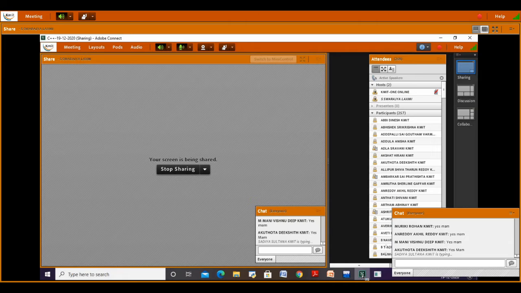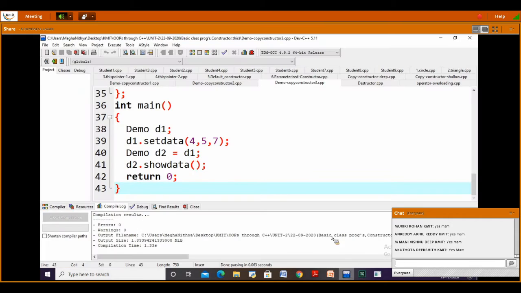Right. Then we see, whenever we are calling a copy constructor or constructor here, we have different types of copying. Once you are copying the content of one object to another object, whether it is modifying in two objects or only making changes into one object.